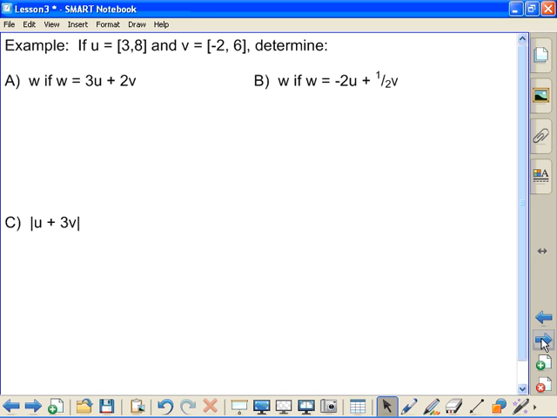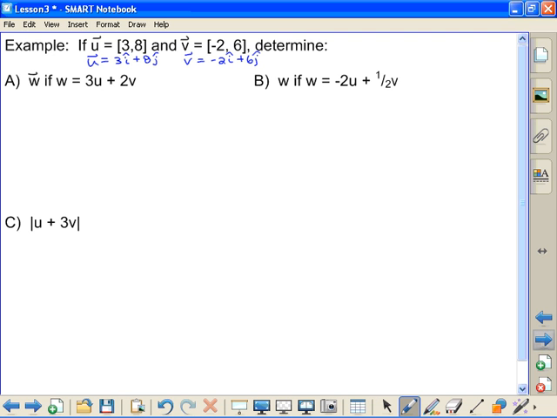So here's the example. Again, if you put some vector notation in for me, I'm going to show you both forms here. Underneath here I'm going to squeeze in that u is also the same as 3i plus 8j, and the v vector is also equal to negative 2i plus 6j. So I'm going to use both all the way through here. So for a part,